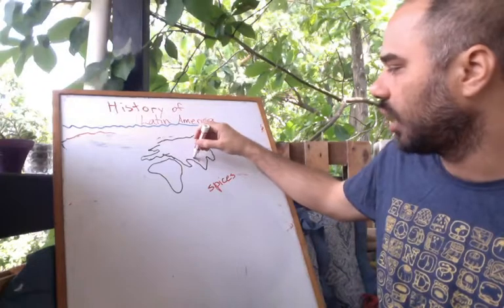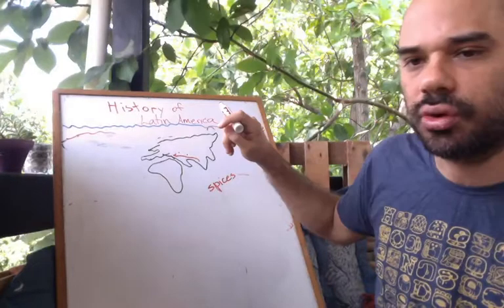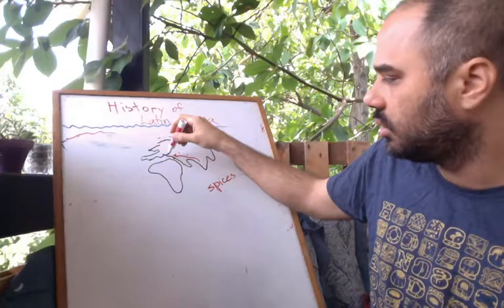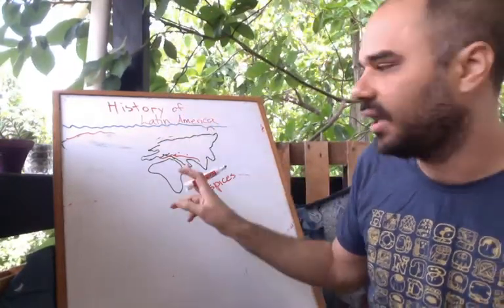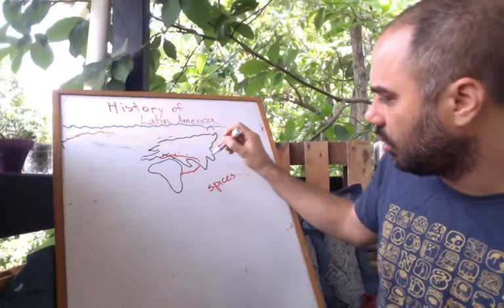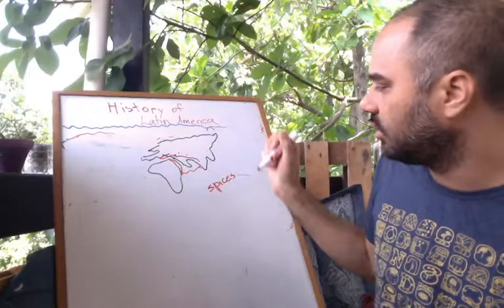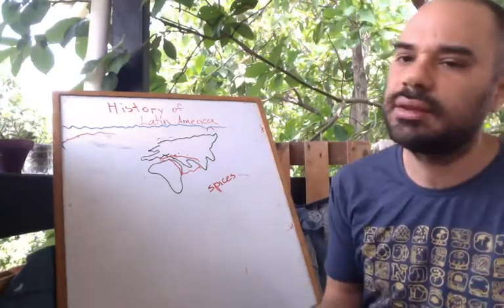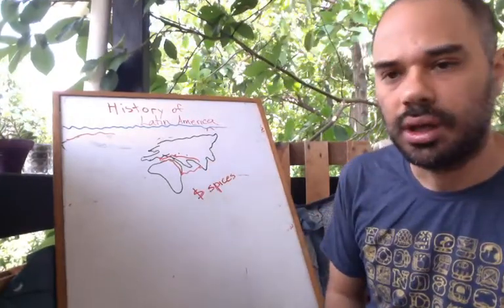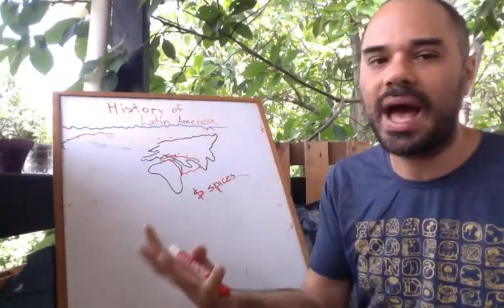There was a whole trade, but some people already had control of it. For example, if they traded by land, it was the Persians and the Arabs who had control of the trade. And here in the Mediterranean Sea, it was the Italians who had control of this trade. But either way, the Europeans did not have control of the trade. So that meant that the spices were expensive for them, and the people who were winning with the trade were not them, because they were only buying from them.